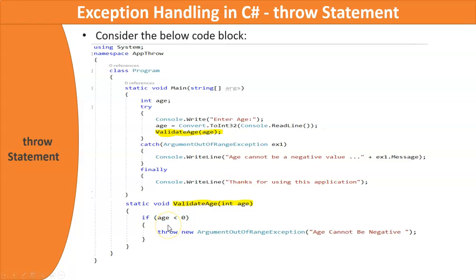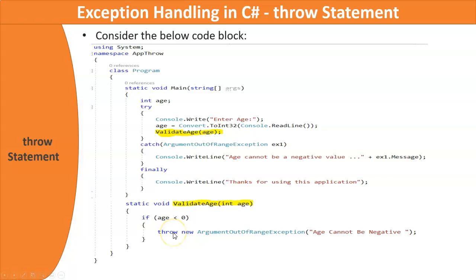I could have simply displayed a message using Console.WriteLine that age cannot be negative. But to illustrate the throw statement to throw an exception programmatically, I'm using the throw statement if the age value is negative.